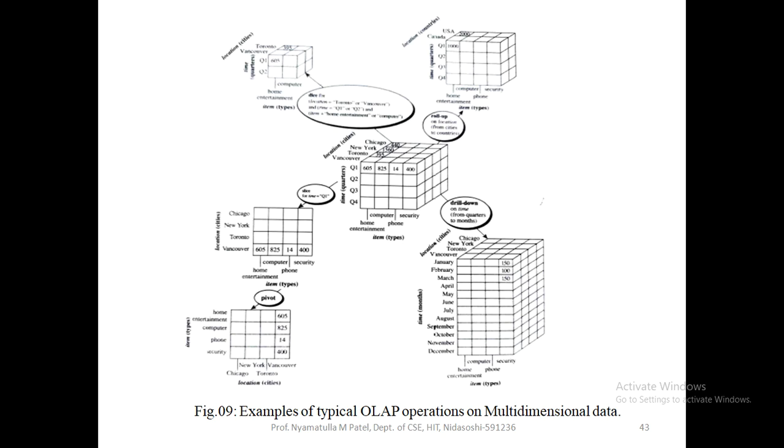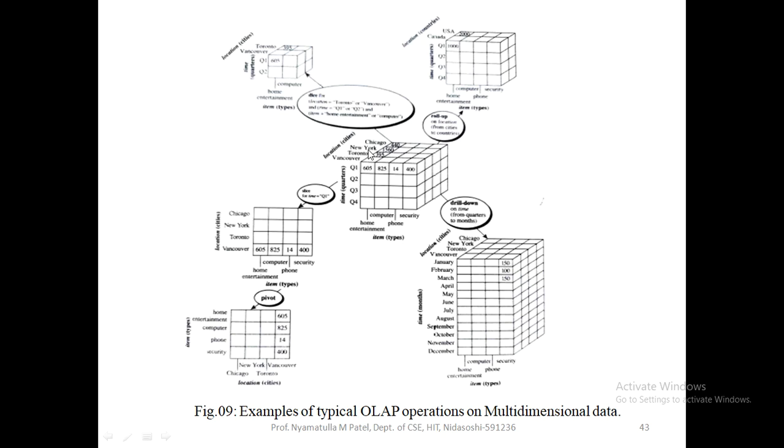Let us come to the different OLAP operations. Let us look at some typical OLAP operations for multidimensional data. Each of the following operations described is shown in figure 9. At the center of the figure is a data cube for all electronic sales. This cube contains the dimensions location, time, and item, where location